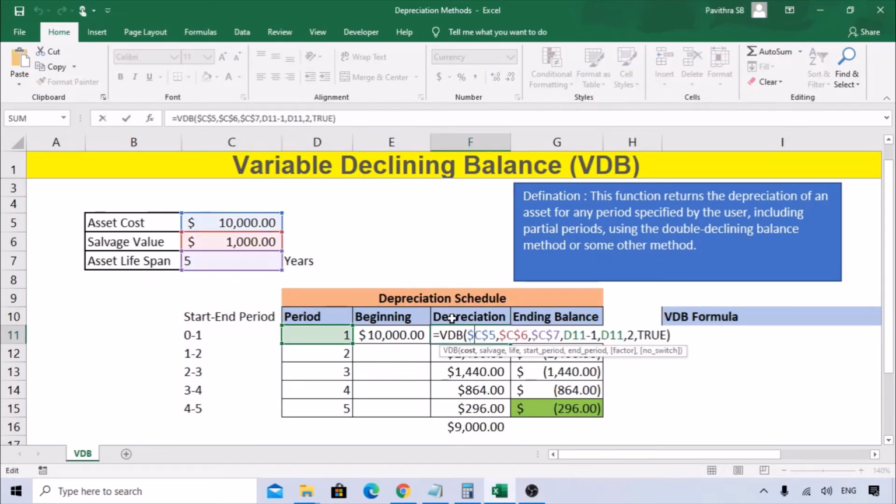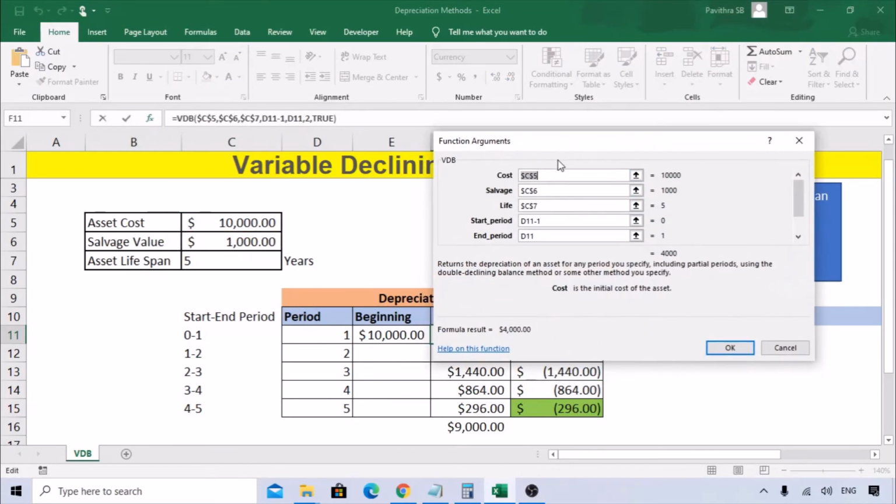So what we did here, as you can see, I've just taken D11, which is the first period, so minus 1. So it should be started, it should be 0. So obviously it will be 0. 1 minus 1 is 0. Again, it is first period, so I'm taking D11. So it is taking down.